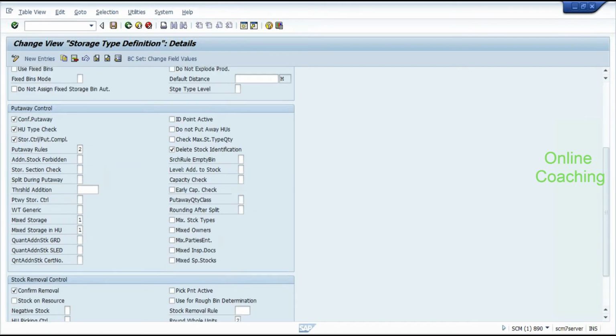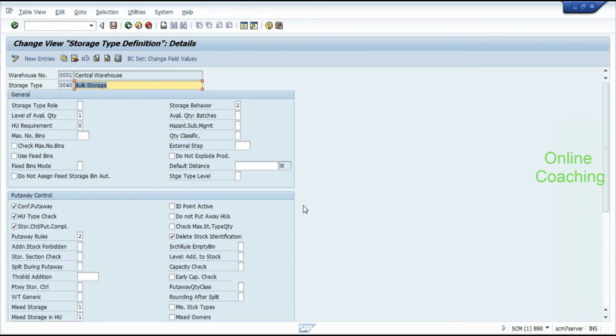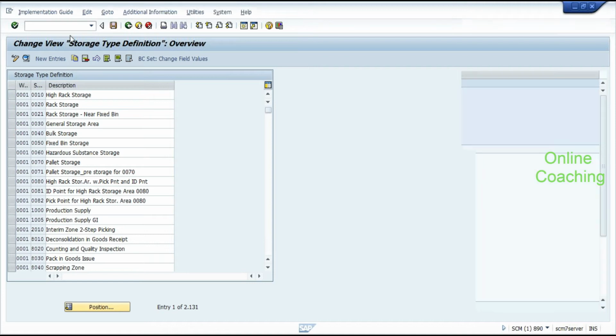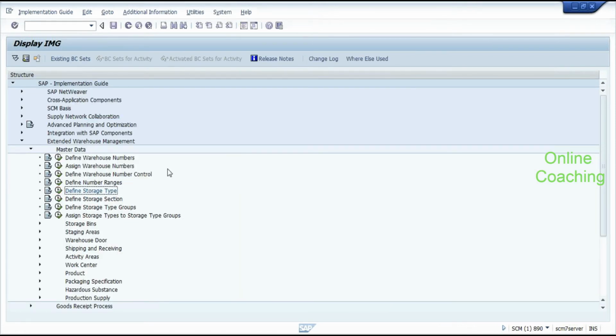So that's basically when you're talking about bulk storage. Now this is only at the storage type level. This is only the beginning of the configuration that we do for a bulk storage. Okay. The other that we're going to be doing is